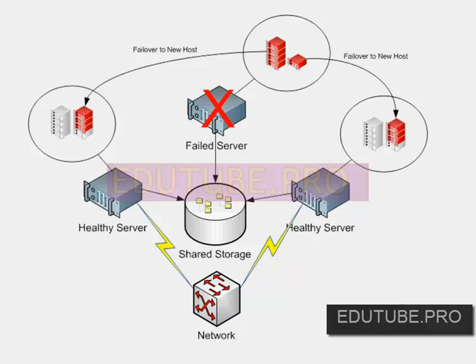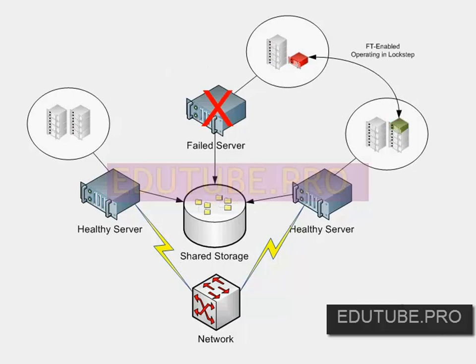So that's really the use case that fault tolerance is designed to fix. So let's say I've got this really important VM here. When I turn on fault tolerance for that really important VM, I actually create a pair for that VM, a mate for that VM, and essentially another VM